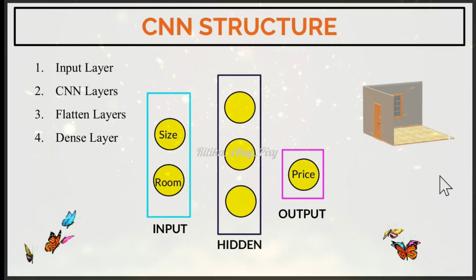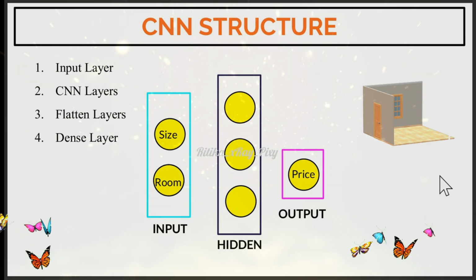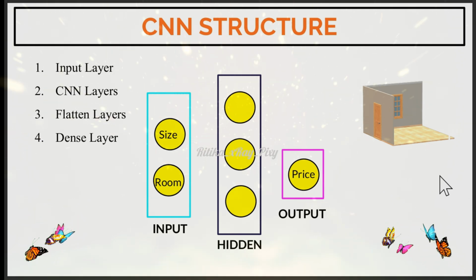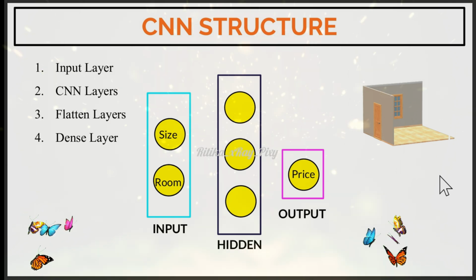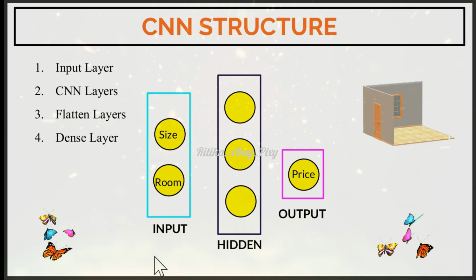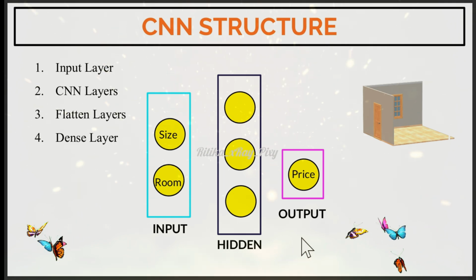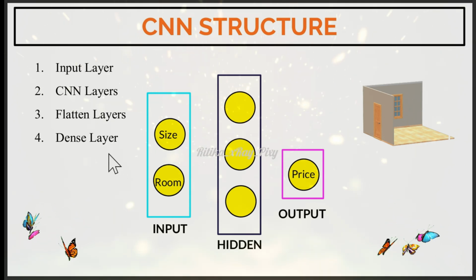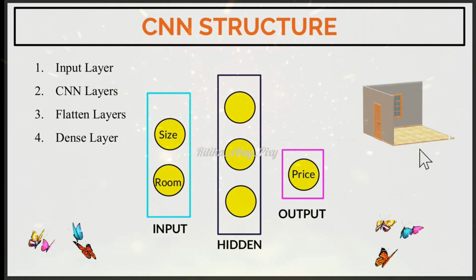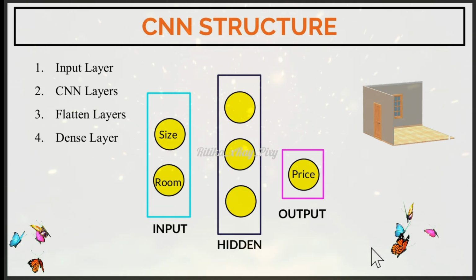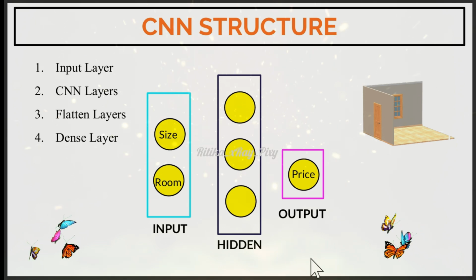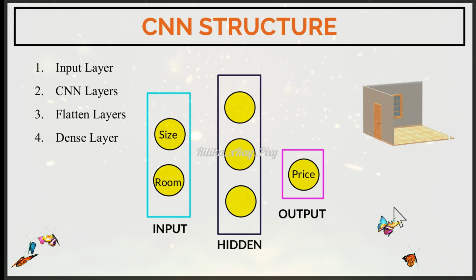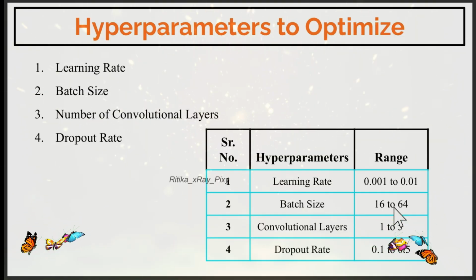First you can see the basic structure. We have the input layer, hidden layer and the output layer. We already explained everything about ANN and its layers in part 1. So here you can see we have three layers: input layer, hidden layer and output layer. In the input layer, we have two features: size, that is the size of the house in square feet, and second, the room feature, that is the number of bedrooms in the house. Then we have the hidden layer. After that, in the output layer, we have one target variable that will give the output, that is the price of the house.